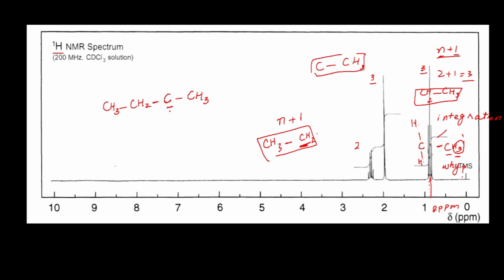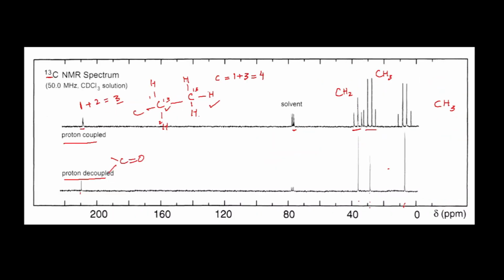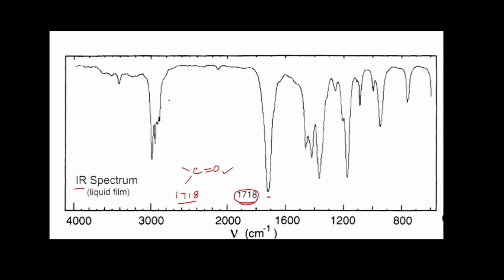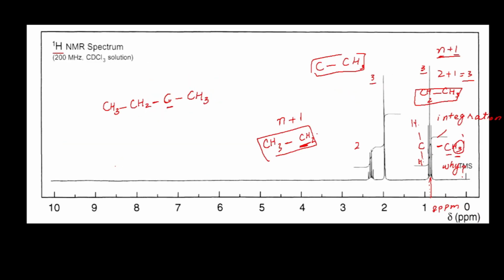On this carbon, no proton is present, but as we have already seen in the last spectra that a carbonyl group is present, and from the IR spectrum it is also shown that a carbonyl group is present. So this is the structure of 2-butanone that you got